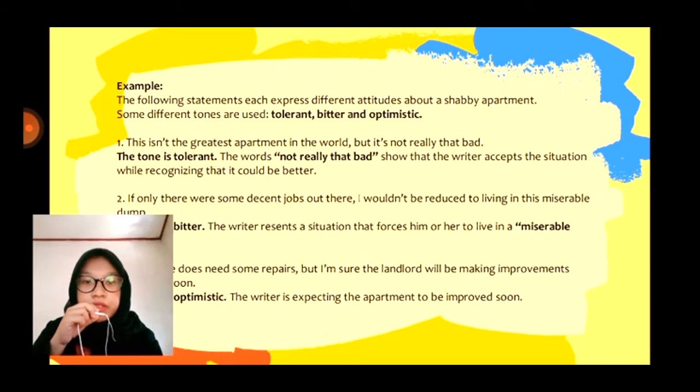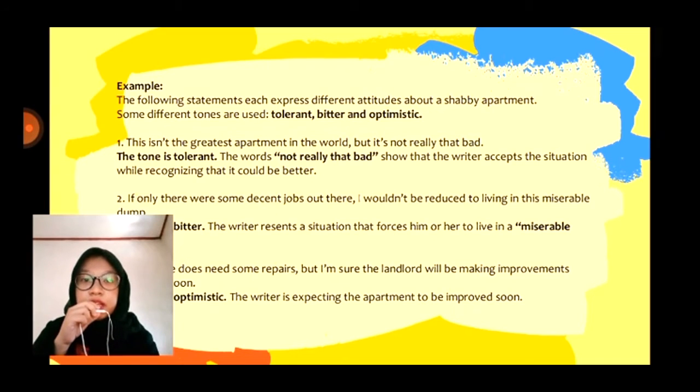Jadi di sini ada beberapa contoh bagaimana kalimat ini masing-masing mengungkapkan sikap yang berbeda dari author tentang shabby apartemen atau apartemen yang kumuh. Yang pertama, untuk kalimat yang pertama yaitu, this isn't the greatest apartment in the world, but it's not really that bad. Jadi untuk nada atau tone yang bisa kita lihat di sini adalah penulis ini tone-nya toleran atau bisa mentolerir keadaan ini, karena dalam kata-kata not really that bad menunjukkan bahwa penulis menerima situasi sambil menyadari bahwa